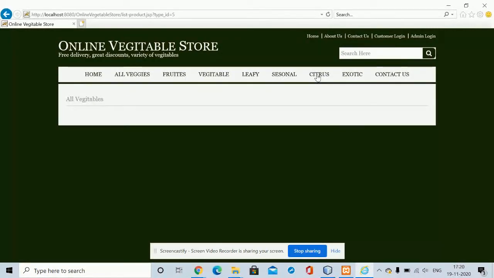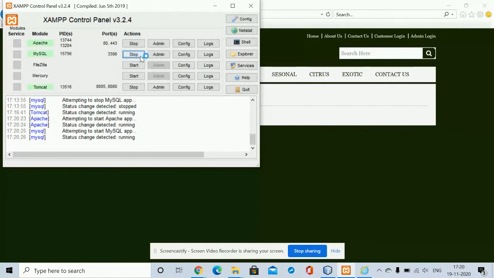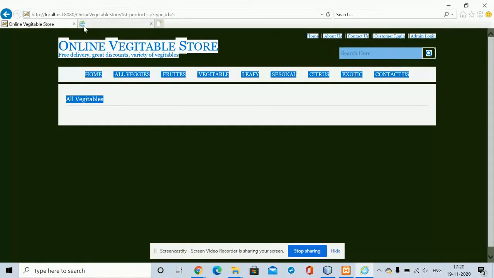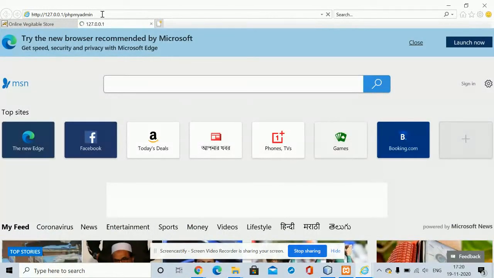For connecting the database, you need to import the SQL file, right? For importing the SQL file, you must have the XAMPP server, start the Apache as well as the MySQL, right? Start both of the services from the panel. So once you start it, you will get the port here. You can see the ports are coming here, and there is a green background here because it's running, right? So open the phpMyAdmin.